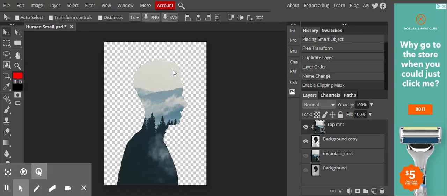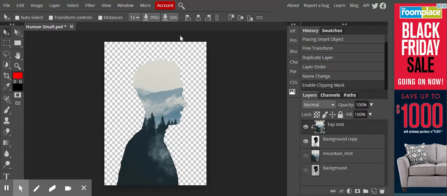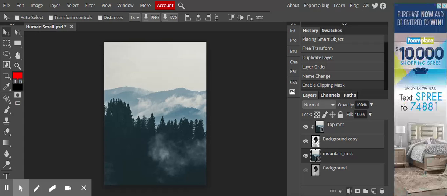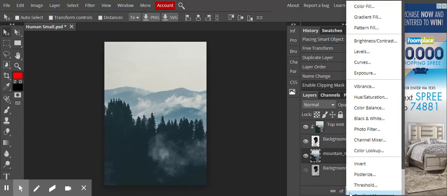Now that we have it clipped and we can see what we have, we want to start editing our background layer. So we're going to go all the way down to that mountain mist. We're going to turn it back on. But what we want to do is start editing that background mountain mist so it's different than our top. So we're going to go into those adjustment layers where we were when we were doing our bingo edits. So it's the half black and white, and we're going to go to new adjustment layer,